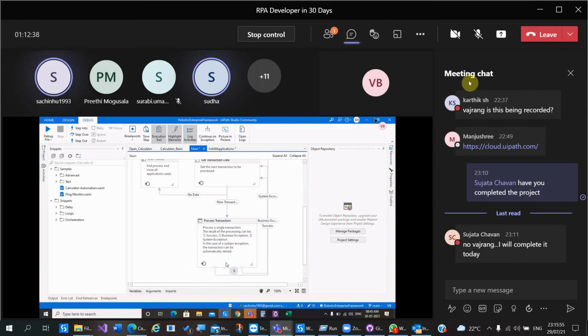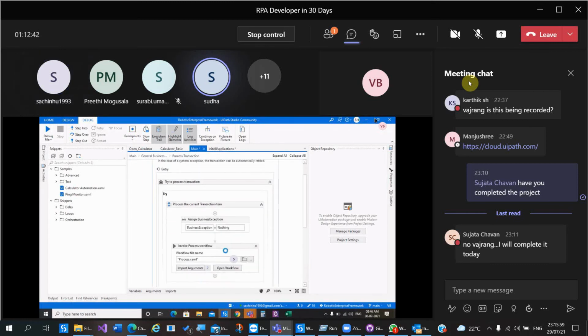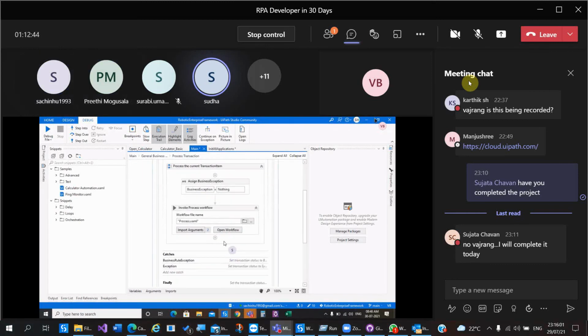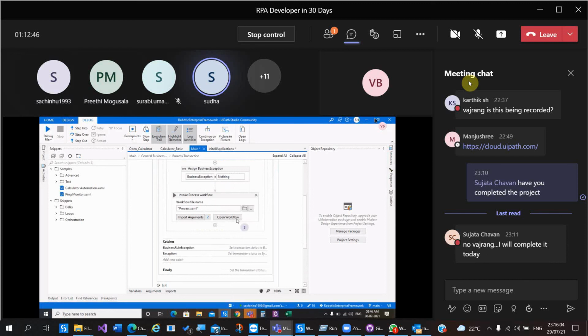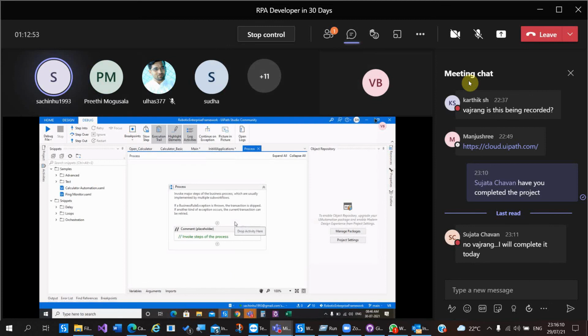Double click on it, open it, and then click on open workflow. And then drag and drop open workflow here.